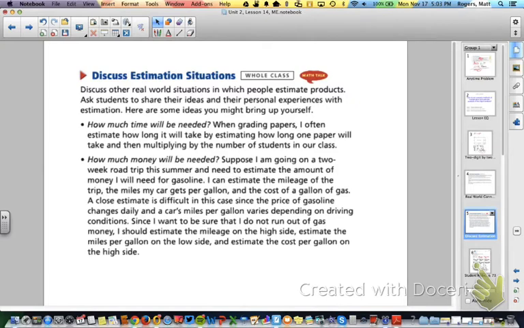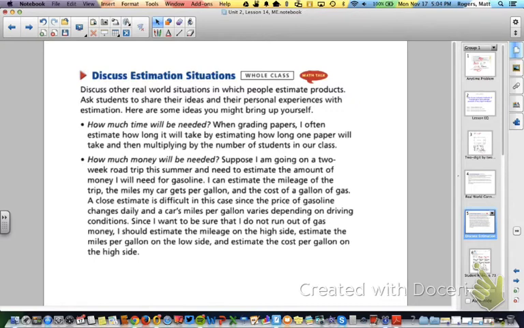Also, we talk about when we would estimate. Really, what is the reason that we use estimation? The two that we really talk about are time and money. Time, to estimate how long something will take or how long it'll take you to get somewhere, and money is how much do I need to have to make sure I have enough for the product that I want to